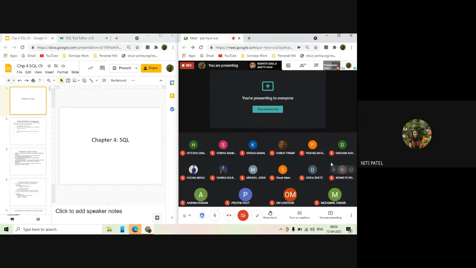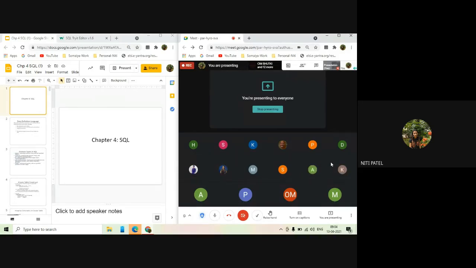So good morning, everyone. We start with the fourth lesson of DBMS, that is SQL. So we know that SQL stands for Structured Query Language. So what will this language do? It creates a database in the form of a table. So we call the tables or the structure or schema created by SQL nothing but the relational database, where we write the queries to create the table.